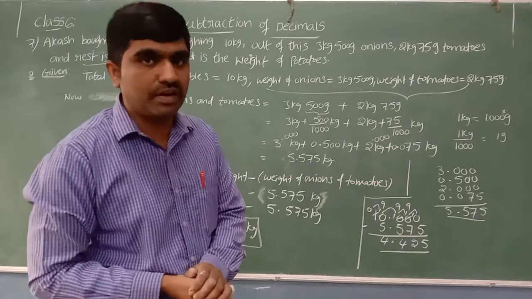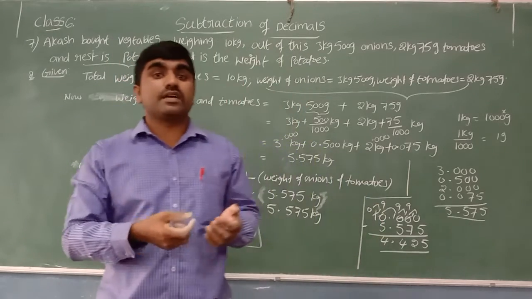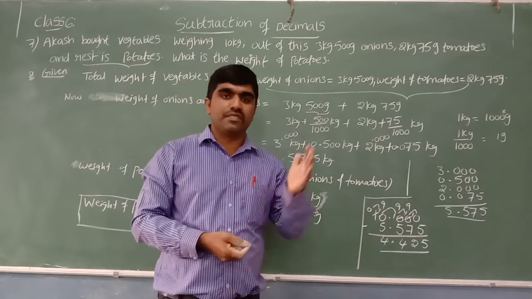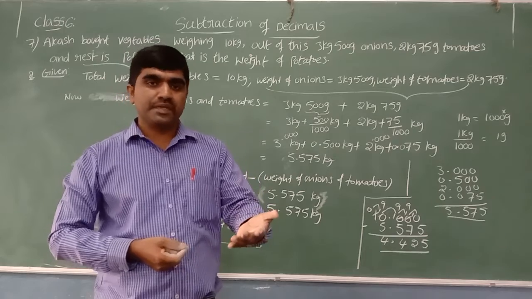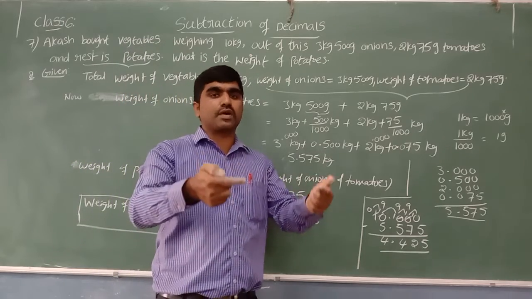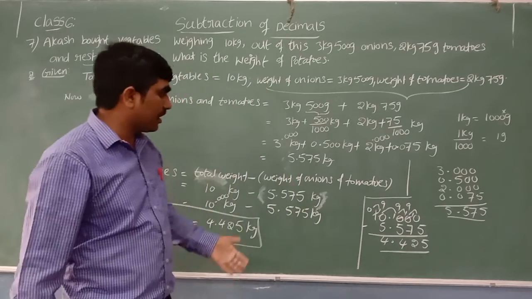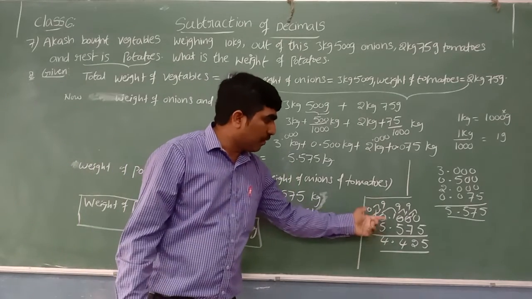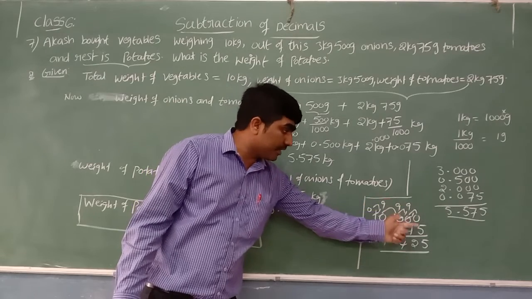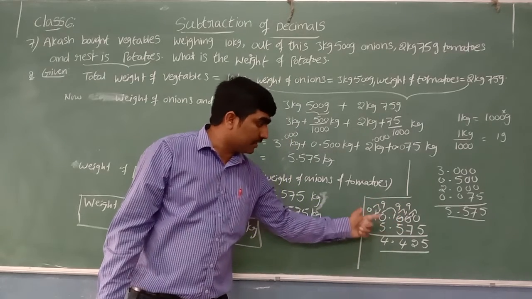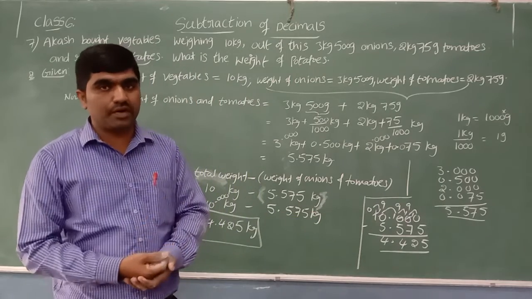In today's session we learned subtraction of decimals. So what are the key points? When you are subtracting decimals, first we have to check whether the given decimals are like decimals or not. If they are unlike decimals, we need to convert them to like decimals. After getting like decimals, you can write them column-wise: point below the point, 10th below 10th place, 100th below 100th place, ones below ones, tens below tens. Like that you can subtract. Hope this concept is clear to everyone.